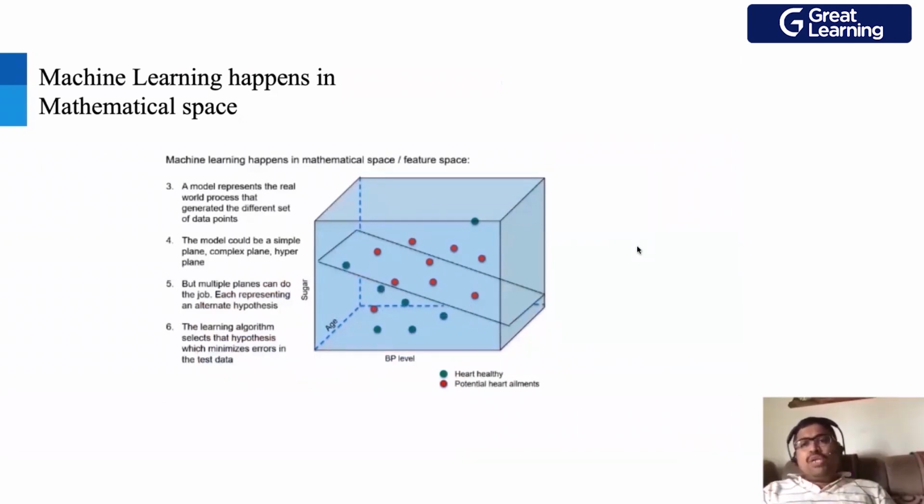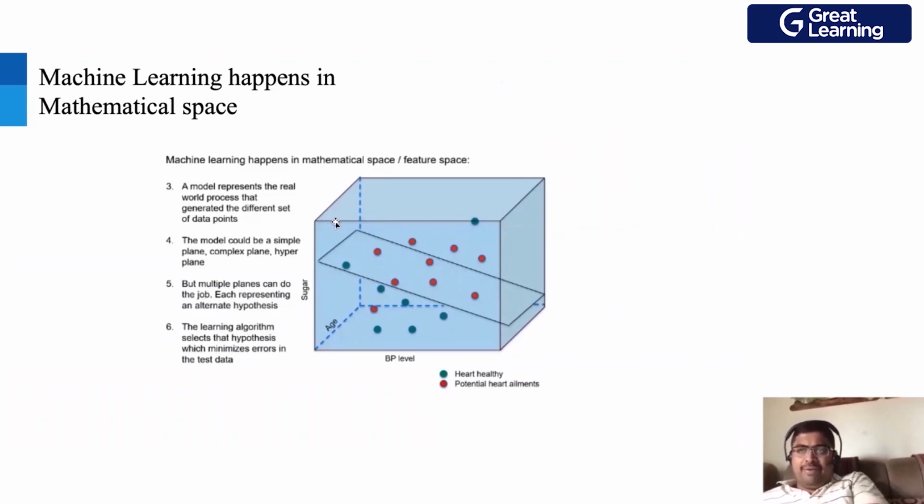When you're looking at 2 dimensions, we saw a line dividing. When we look at 3 dimensions, we start getting into a plane. So the equations are different. When it is just 2 variables, when it is just y equals mx plus c, it's a line. But when I say y equals m1 x1 plus m2 x2 plus c, it becomes a more complex scenario. Then it becomes a plane. And when I say m1 x1 plus m2 x2 plus m3 x3 plus c, it turns into